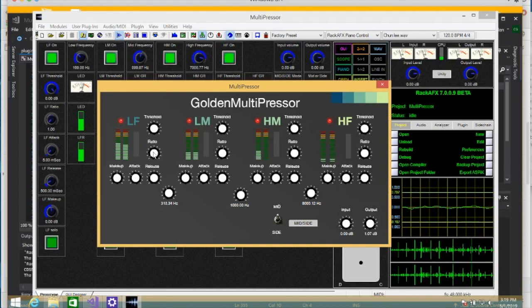So let me demonstrate the whole mid-side situation, which is kind of the main feature of this plugin. So to enable it, I hit mid side. It doesn't sound any different, which is really good. That means that all the phase is lining up and everything. So since I have it switched to the mid, you see the left meters are representing the mid. So it looks like this section of the song really doesn't have much wideness, but it's cool because you could compress just